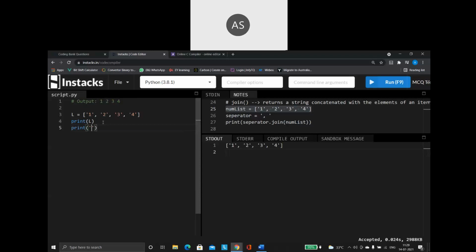The syntax of using the join function is, first you give the separator, then that string dot join, and inside give the name of the list. See how I'm saying? First comes my string value, that is the separator. The first value is 1, the second value is 2. There should be a space between.